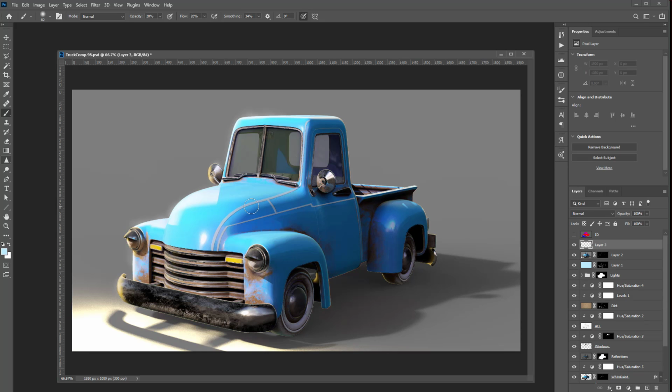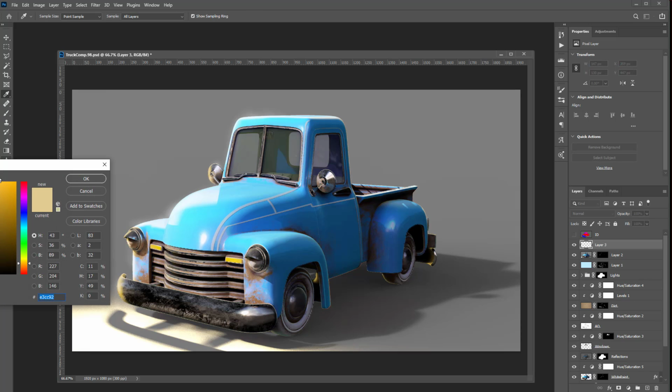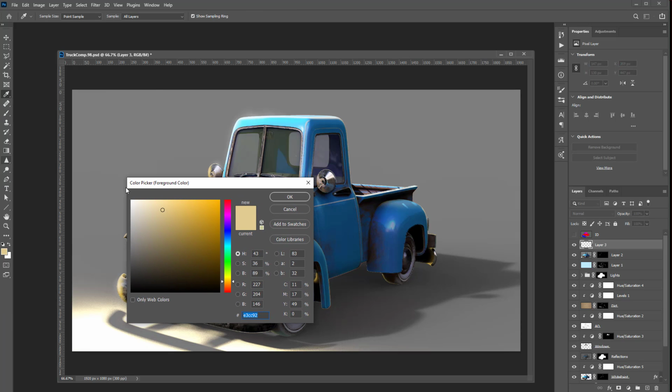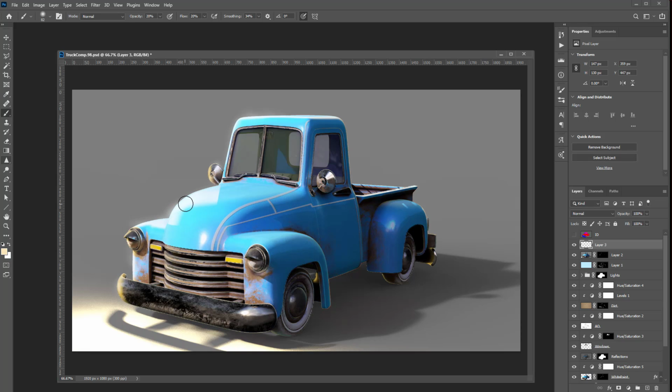Hit B to go into brush, and then you can just sample these lighter colors. You can literally just go in here and paint a little bit of bloom, maybe a little yellow. Let's really do a very light yellow and just kind of paint a little bloom on there. And on top of this, we'll call this